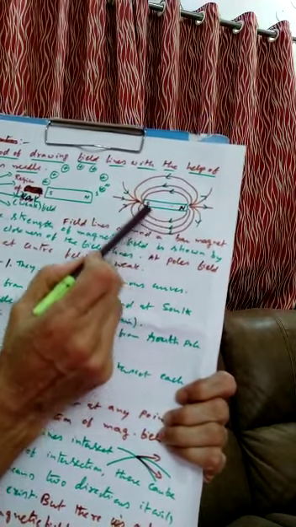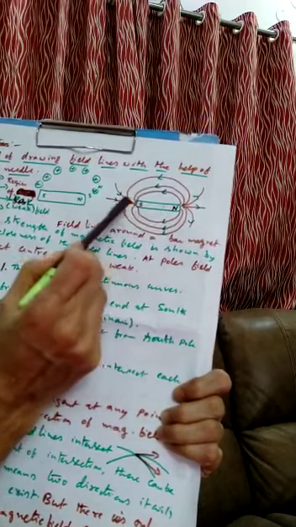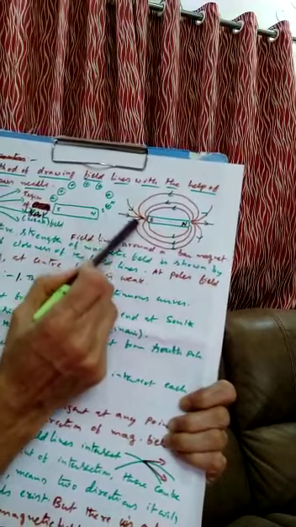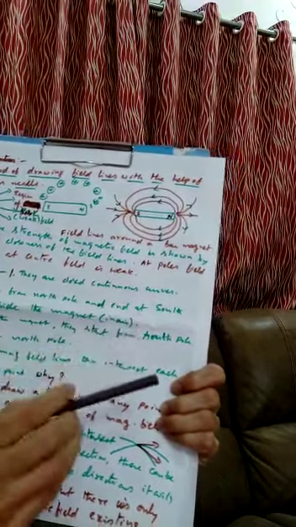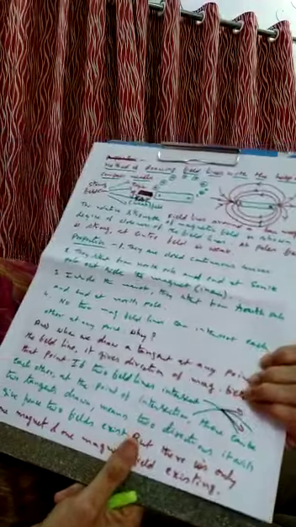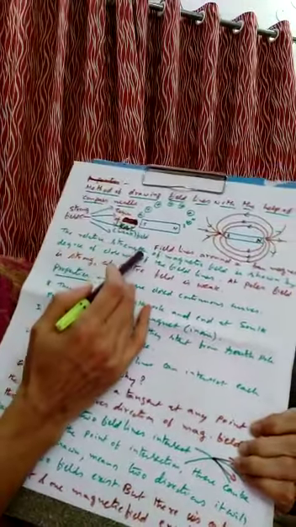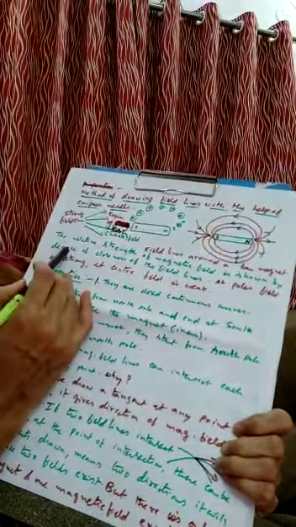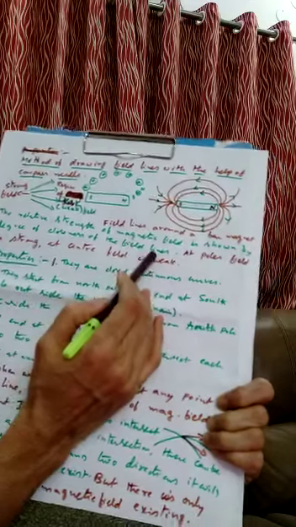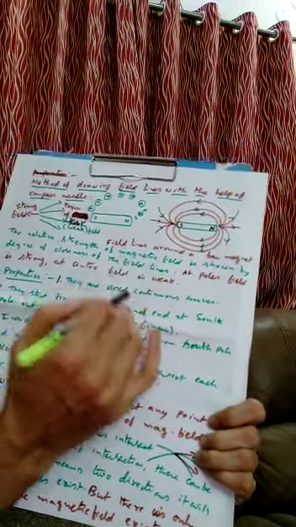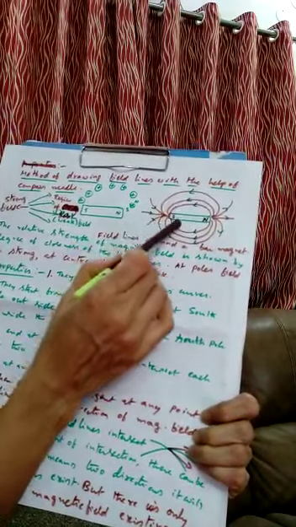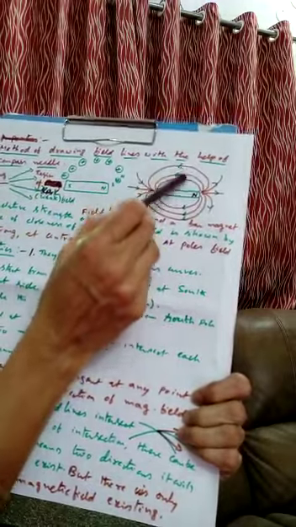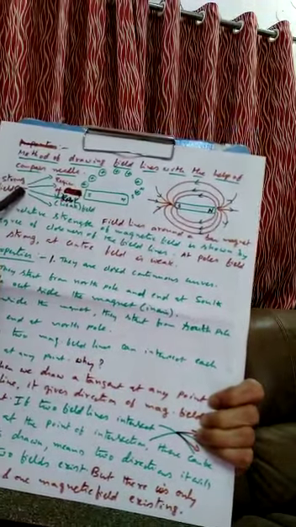So as you move from the poles to the center, the field starts decreasing. At the poles it is very high because the lines are crowded, therefore the field is strong. The relative strength of the magnetic field is shown by the degree of closeness of the magnetic field lines. How can you say whether it is strong or weak? If the field lines are more crowded, the strength is more. If the field lines are fewer in this region, this is a weak region. It's clear? I already showed you about it.